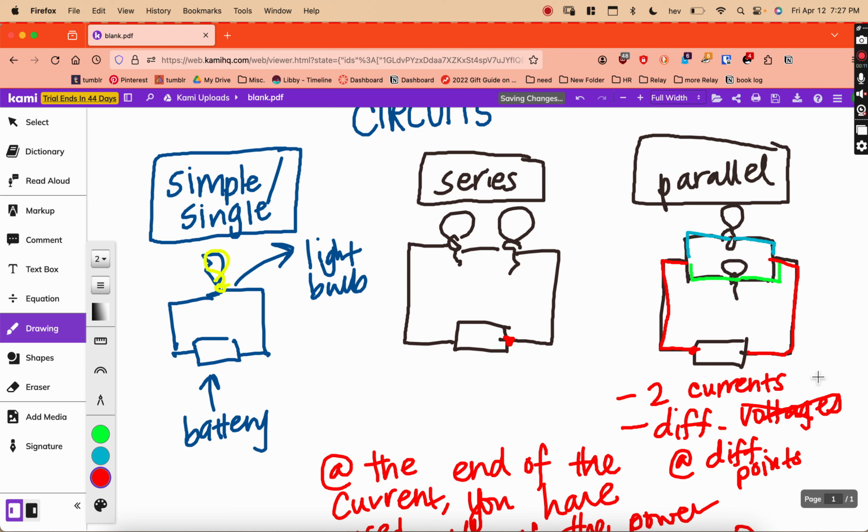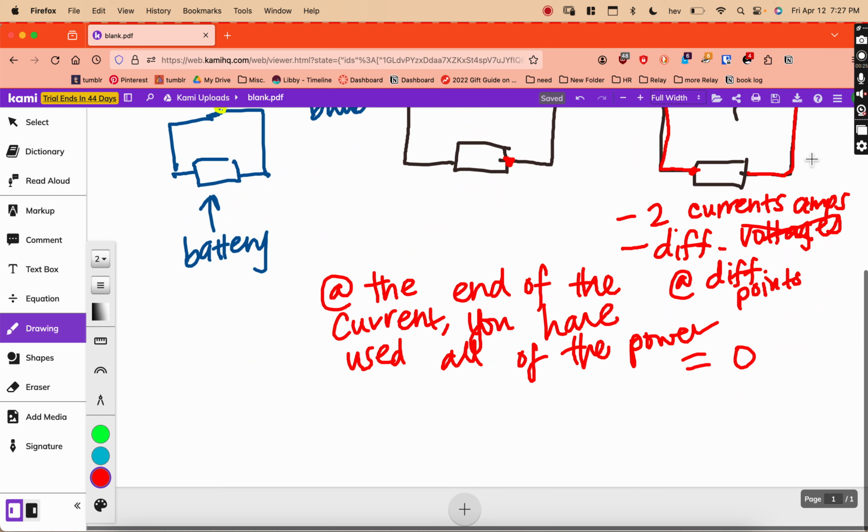Different current. So different amount of amps at different points. Okay? In a parallel circuit,